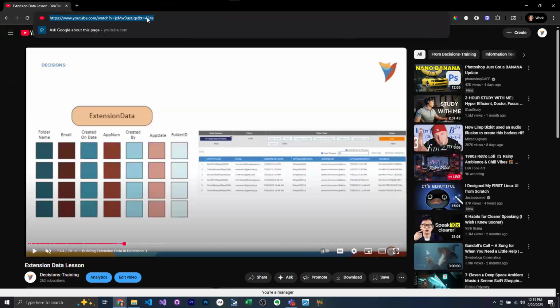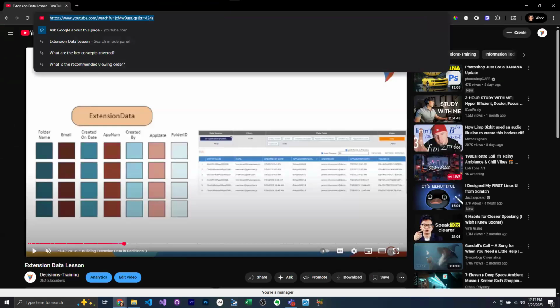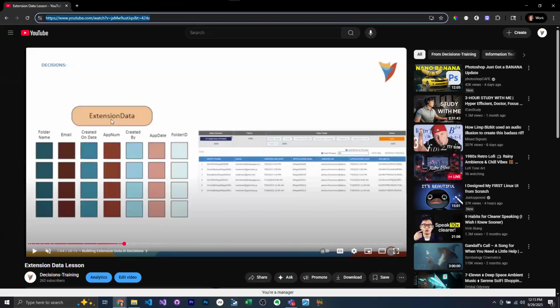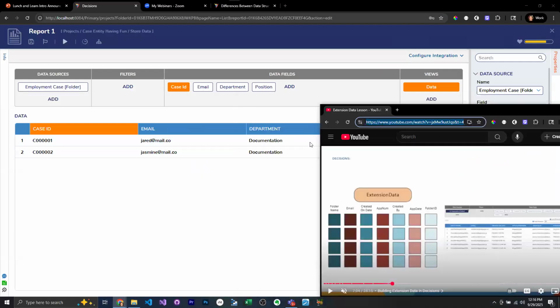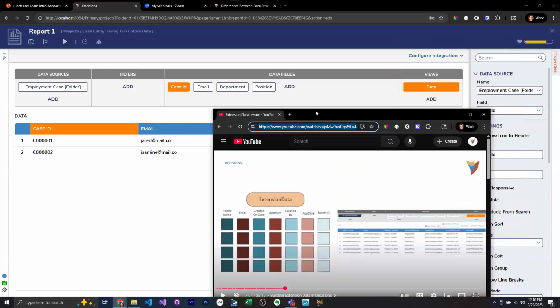Basically, what this helps explain is the concept of what you're utilizing with decisions in regard to case entities and folder extensions. When you see this catch-all term called extension data, essentially what decisions is doing is combining your properties, for example email, department, and position, with the decisions folder data